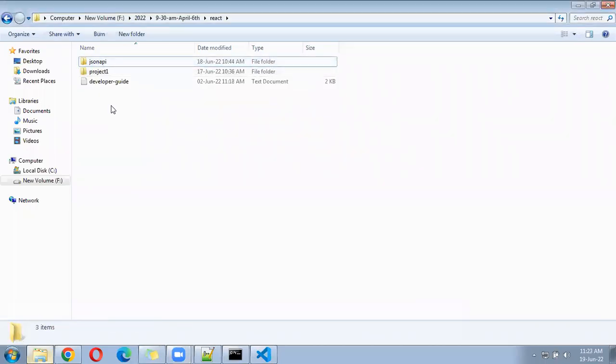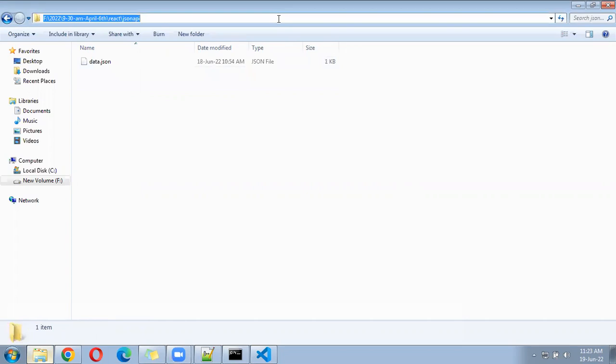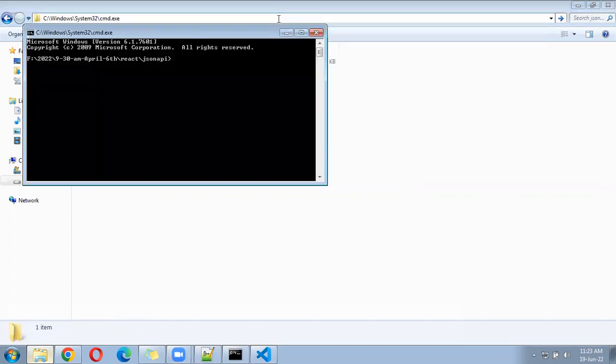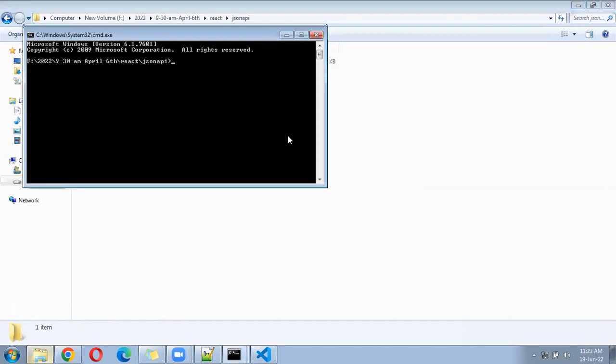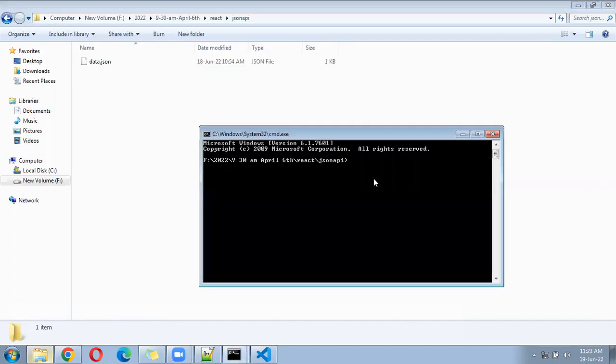Under the JSON API, open CMD. In that CMD, you will write